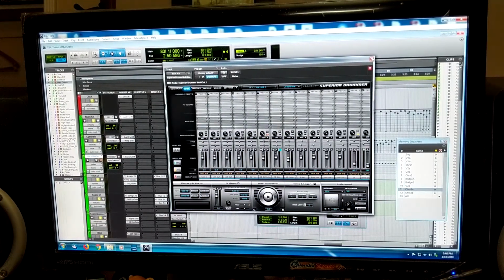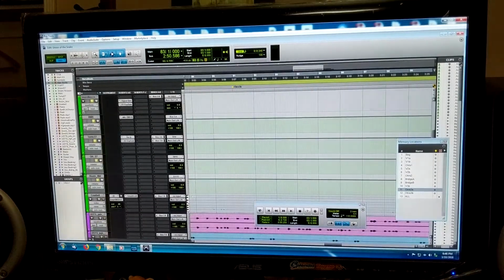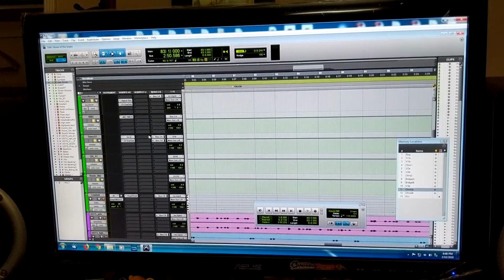It's really, really straightforward. For example, over here, I already showed you the kick, but let's see here. I know these are tiny, but here we have a floor tom and a rack tom, and I have them going to out 7, 8, out 7, 8. And if we go over here to our toms,